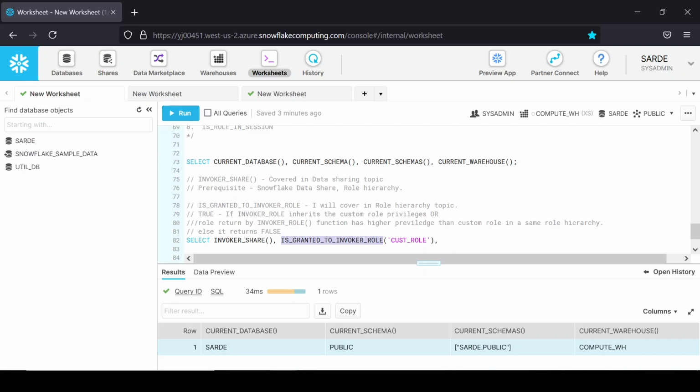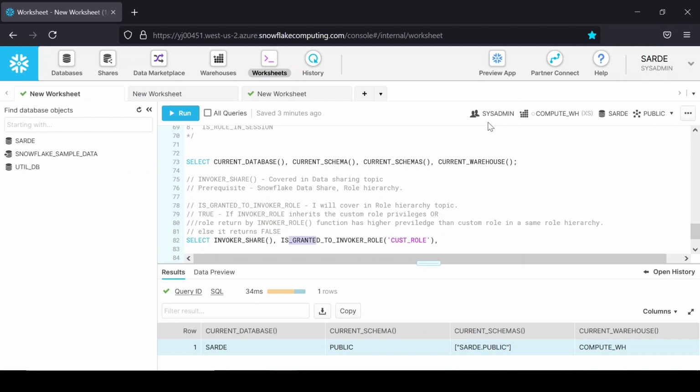But for now, if we look at the high level, this is the granted to invoker role function. It will either return true or false. It will return true if the invoker role inherits the custom role privileges. So the meaning of this sentence is: invoker role means we are currently using sysadmin to invoke this function.